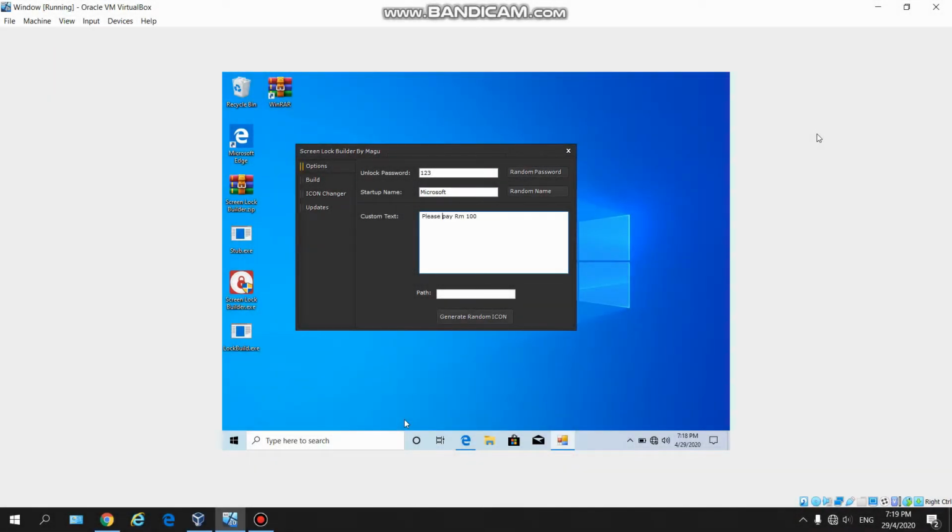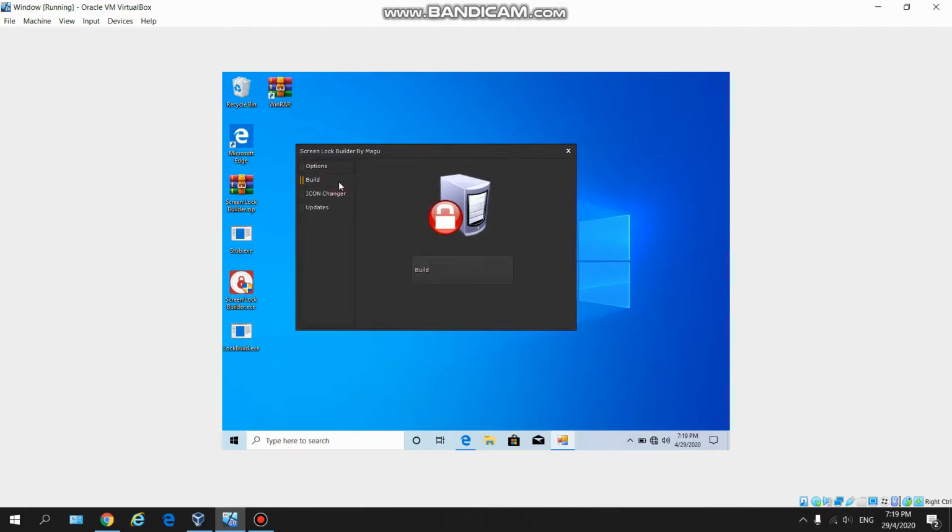So today we will demo how we create this local ransomware. First we will run this application, and then we will enter the password 123, and then the start name, whatever you want, and then the text that is displayed on the target computer. And then we will go to build, and then we click build,